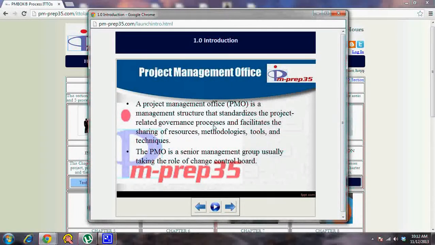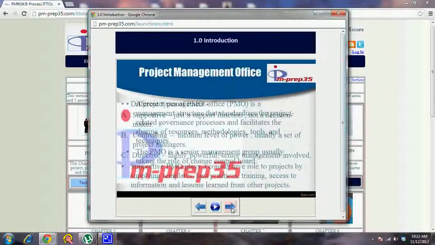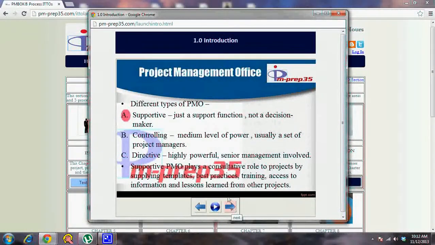The PMO is a senior management group, usually taking the role of change control board. Although in current days it has been reduced a bit, the idea of PMO is to have a group of senior managers who can play a better role in weighing different options and coming out with the best decision. That's about project management office, and there are different